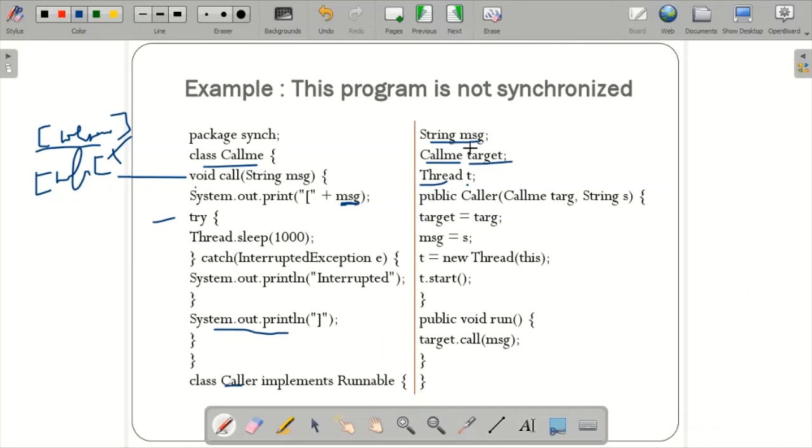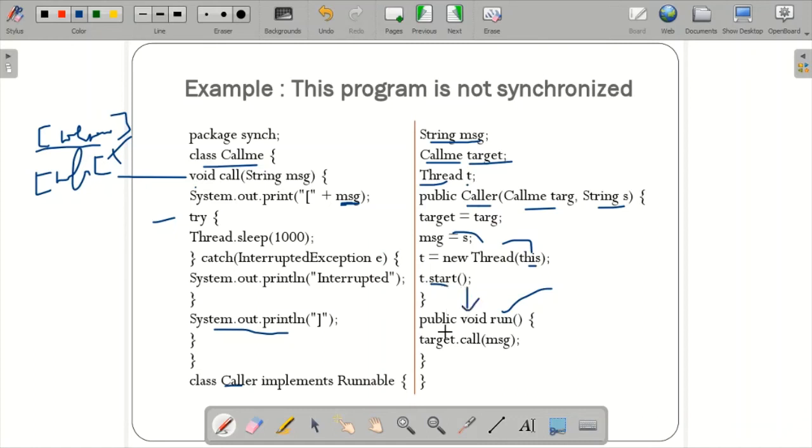These three things I have just defined over here, and then I call the constructor. Within this constructor I call this CallMe object, that is CallMe targ, and then String s. String s is nothing but the message, whatever you pass. So that target will be stored over here, message will be stored over here. Then I called the thread constructor, which is actually the thread's object which will run this particular interface. So you already know, you have learned throughout. Then I call t.start. In case your processor is available, it will directly go to this particular run.